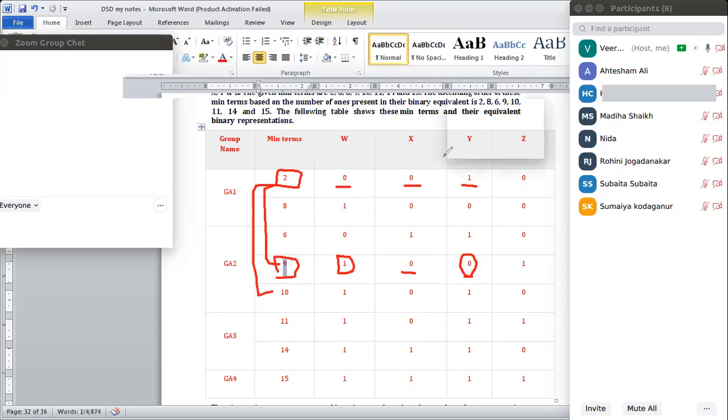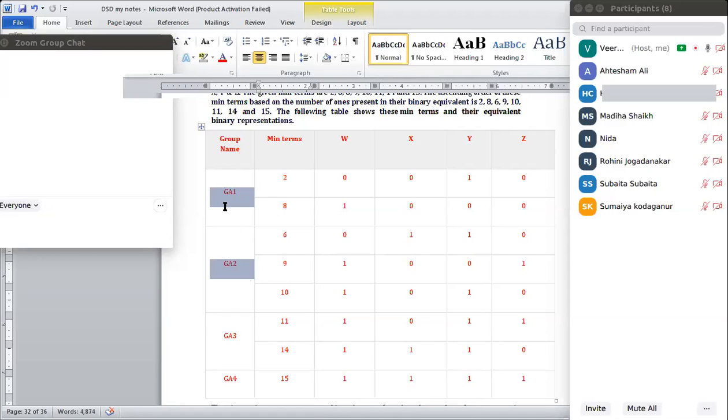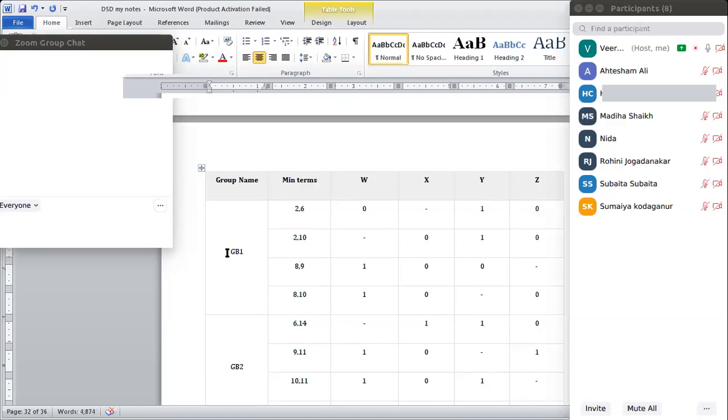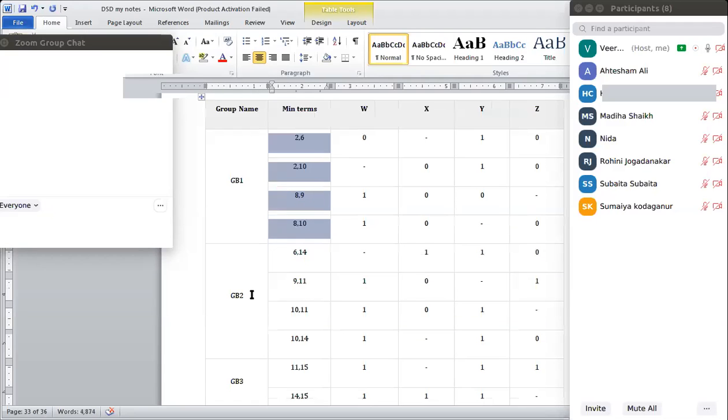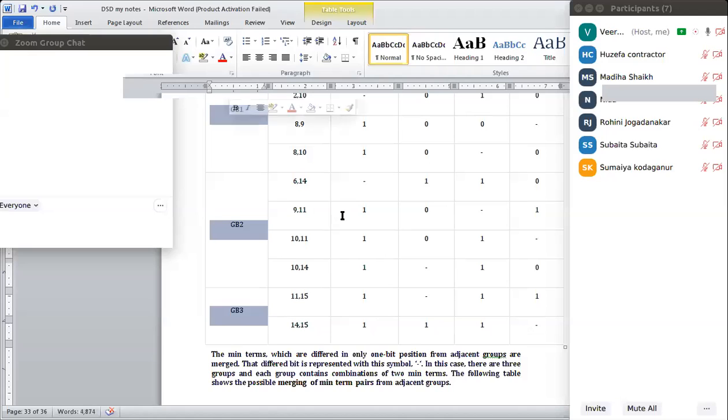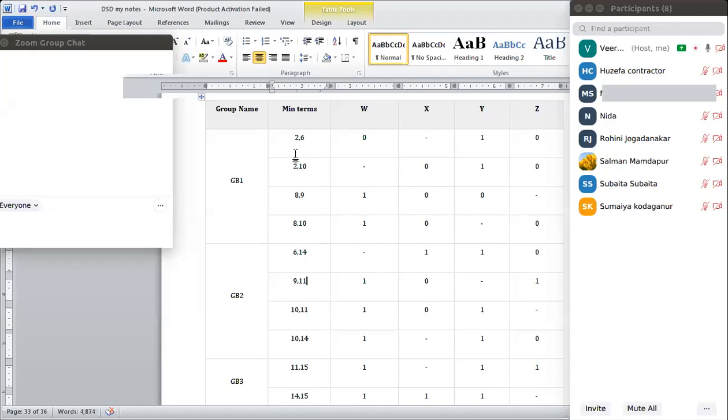So it goes on, the same procedure will be carried out for all the minterms with each other with the successive groups. Then this is step 2, right? So one group will be reduced. I will get 3 groups here. Now here, again I'm going to follow up the third step.